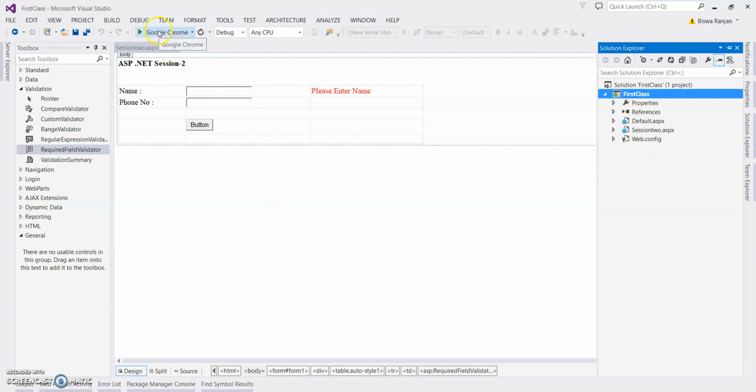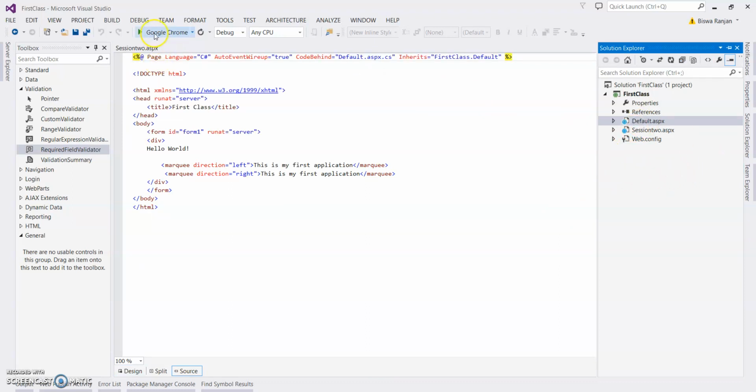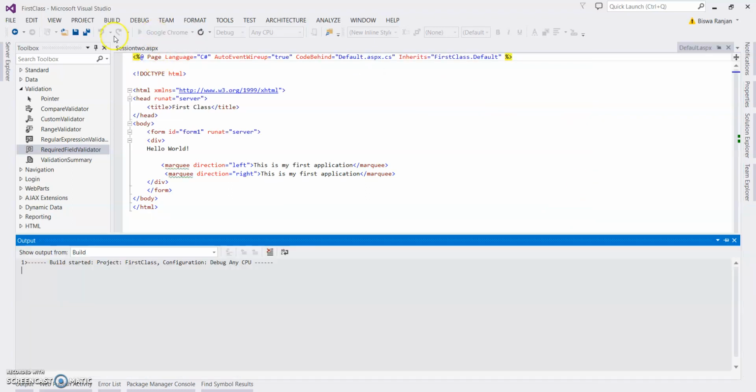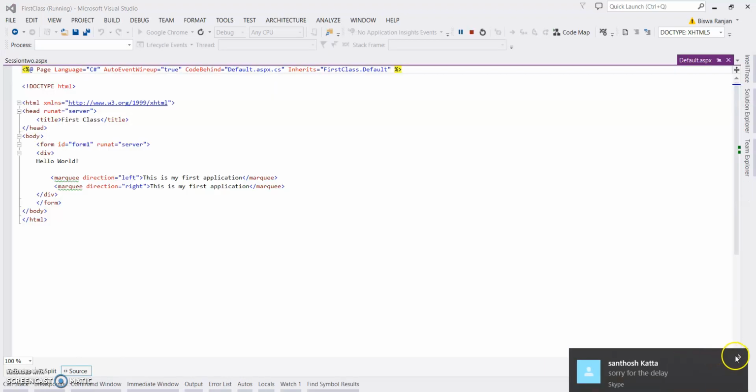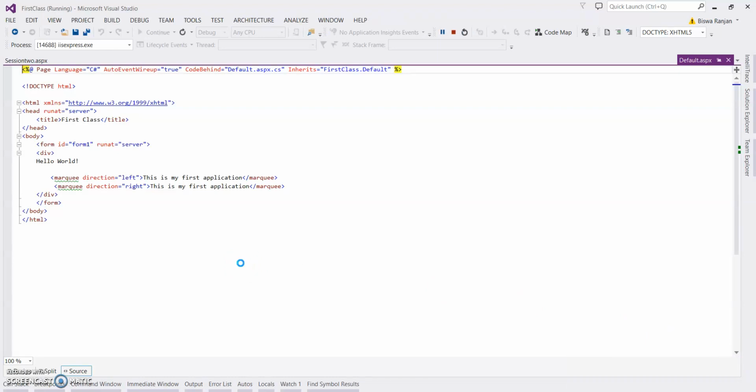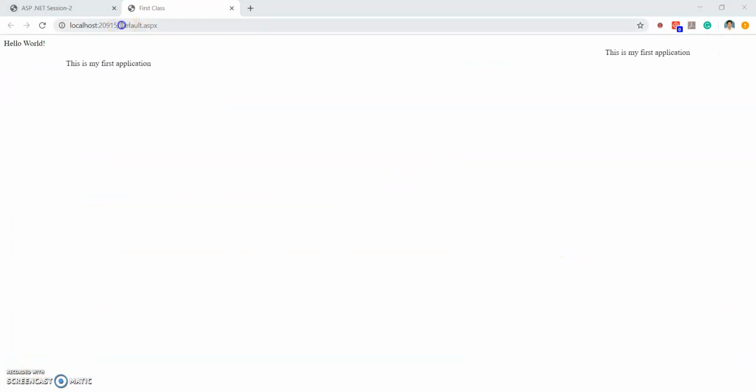If I run the application from here, by default the first existing file will run. So I need to make it run the right one.